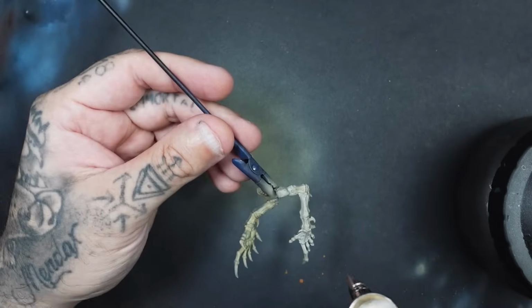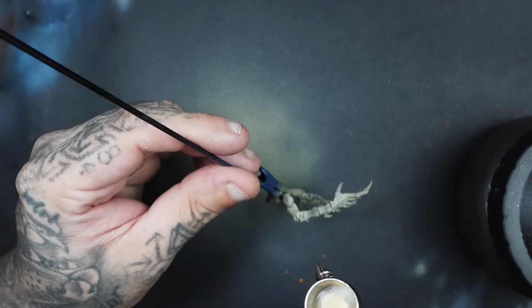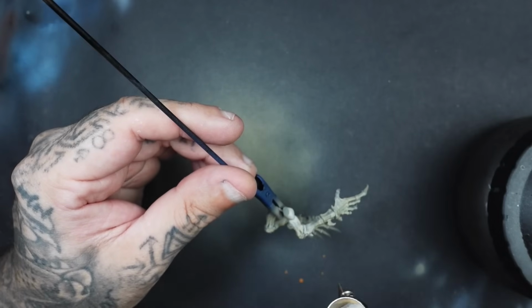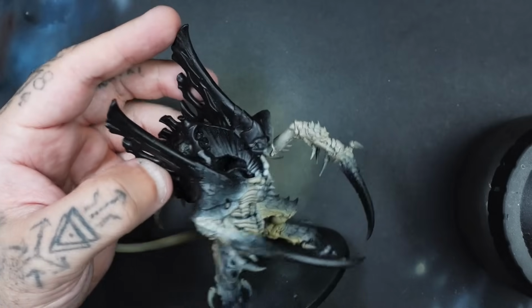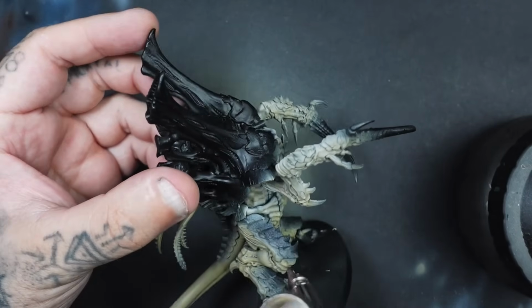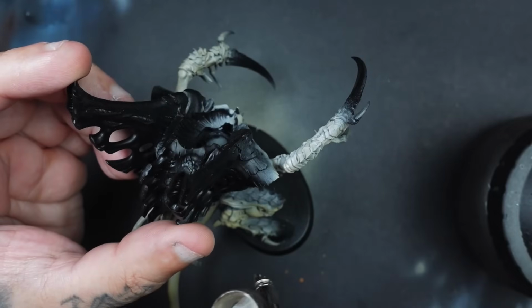Next up, we've got Army Painter Bleached Bone. This is a really nice bleachy bright colour, and what I'm doing with this is I'm using it as like a zenithal prime, so like a top-down motion. I'm just going over all the areas that I've just done, and we're just adding this as like a little final highlight to the skin. And I also go into all the brain areas and give these like a little pre-zenithal highlight onto all the